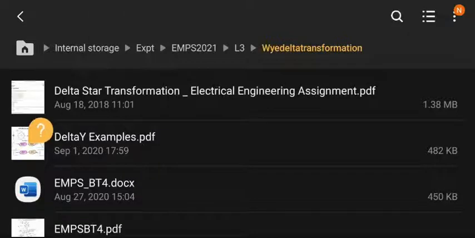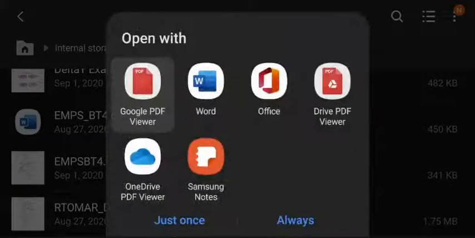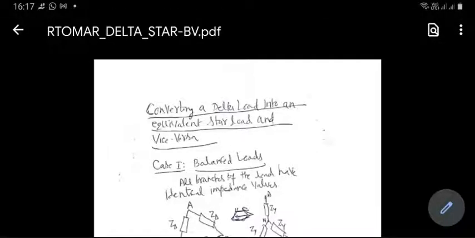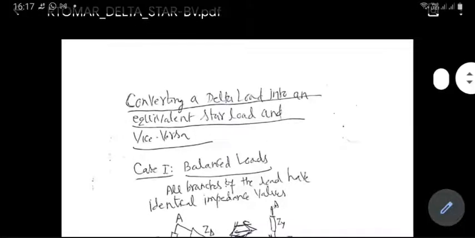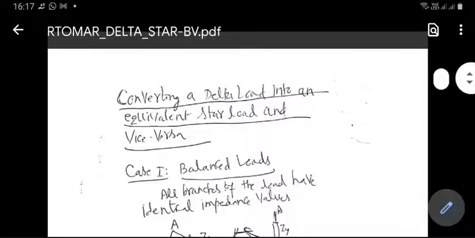three-phase power over single-phase power. One thing is the economics. Three-phase power is more economical. For the same amount of material or money, you can transmit a lot more power using three-phase systems than single-phase systems. The other advantage is that from three-phase, you can always supply single-phase customers. But from single-phase, you cannot supply three-phase customers. So it is better to have three-phase generation and three-phase transmission. And then distribution can be both single-phase and three-phase.